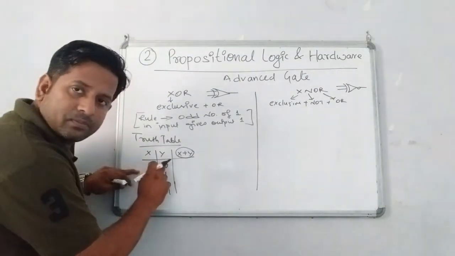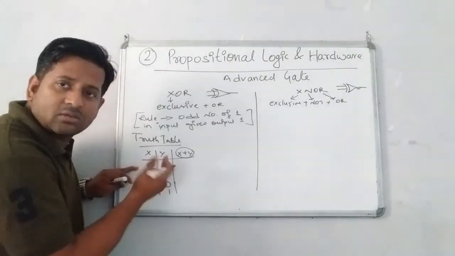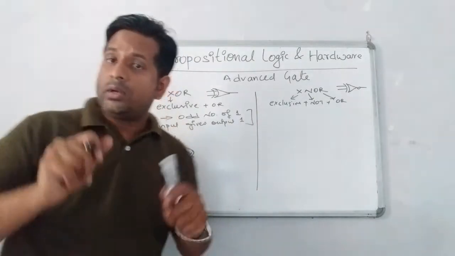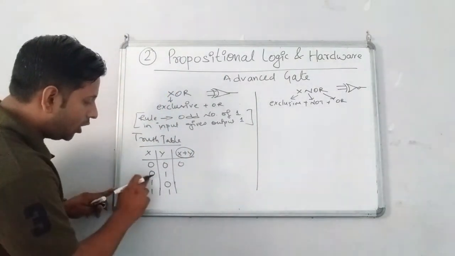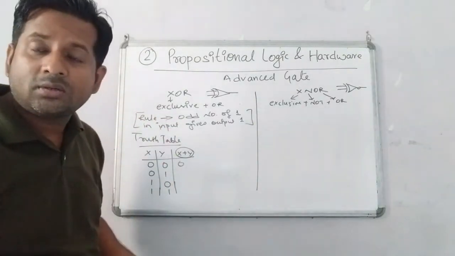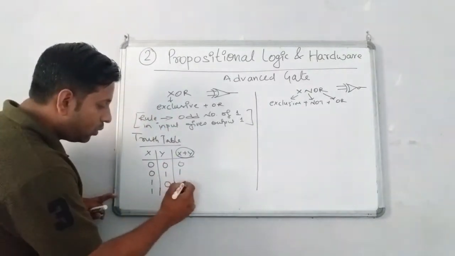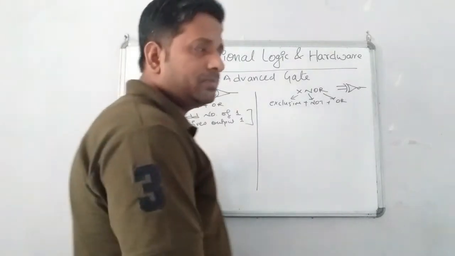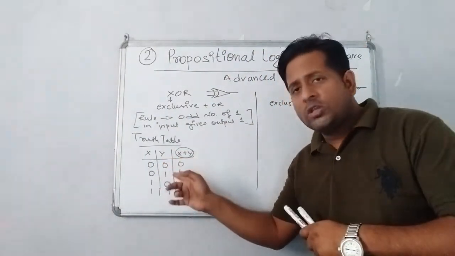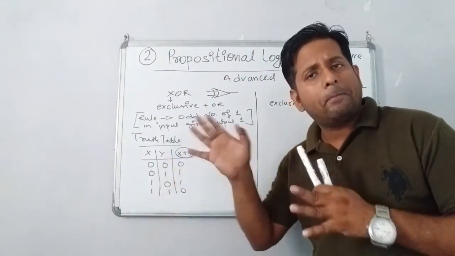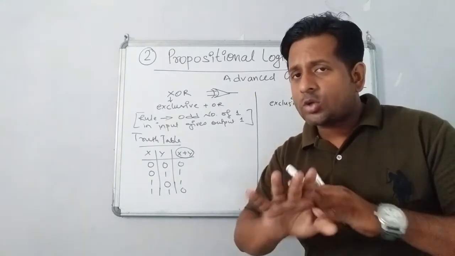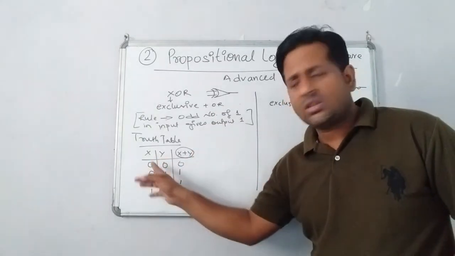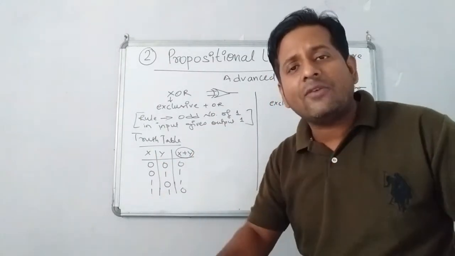How many 1 is here? How many 1 in first case? No 1. That means 0. 0 is what? Even. So 0. How many 1? Single 1. 1 is what? Odd. 1. Odd. How many 1? 2. That is even. So 0. Clear, students? See properly. The rule is very simple. Odd number of 1 produces the output 1. Rest all cases, output will be 0. Clear, students? Input part, the number of zeros and 1 are same for all the gates.